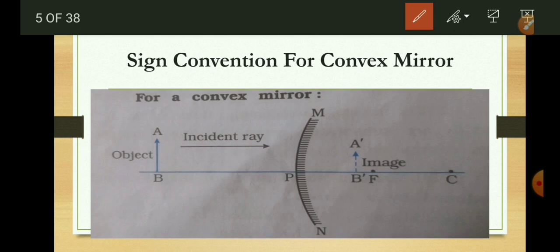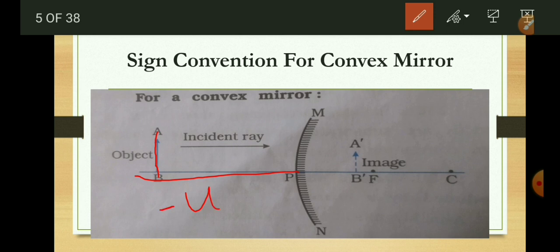Since the object is always placed in front of the mirror, the object distance is taken as negative. So in both types of mirror, concave or convex, the object distance will remain negative, because in every case we are placing the object in front of the spherical mirror. So here also, this object AB is placed in front of the mirror towards the left side, and the object distance, in this case PB, which we denote by small letter u,